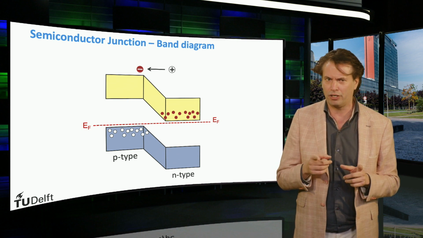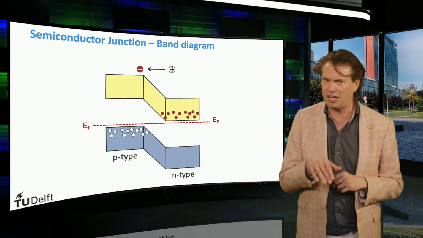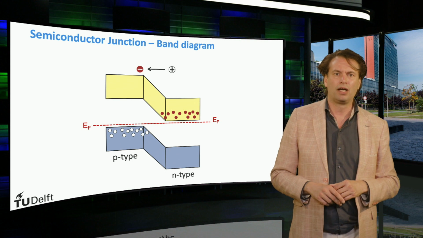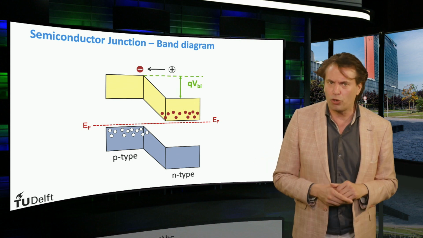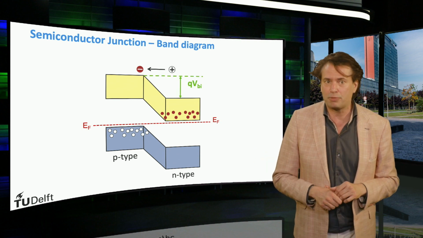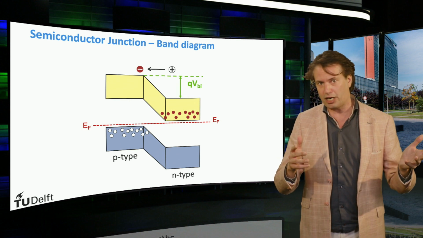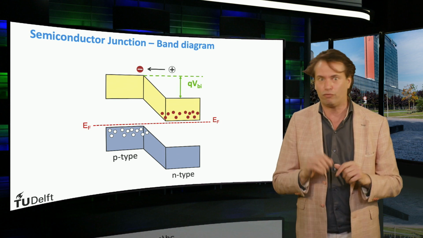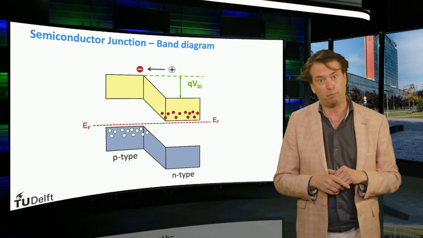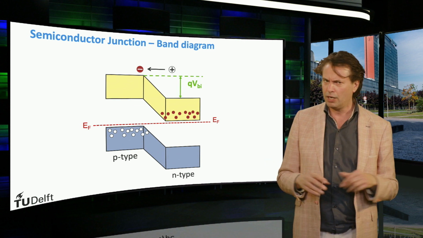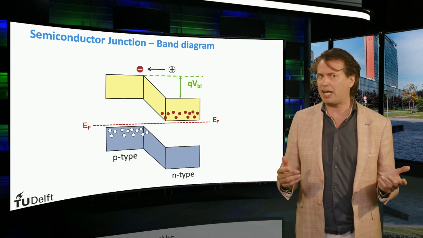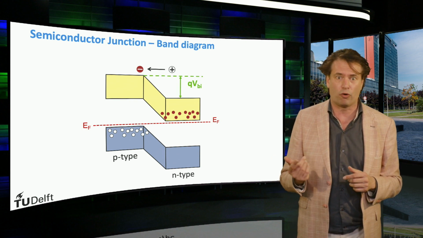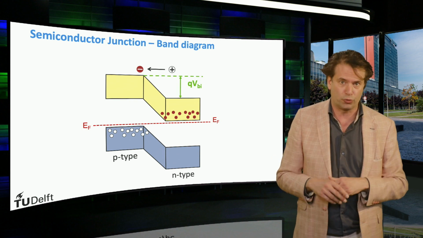As discussed earlier, a slope in an electronic band diagram represents an electric field. The electric field across the depletion zone is equal to q times V_BI. q is the charge of the hole or electron, and V_BI is the built-in voltage over the depletion zone. This slope will make the minority electrons move from the p region to the n region, whereas the minority holes in the n region will go up the slope of the valence band to the p region.